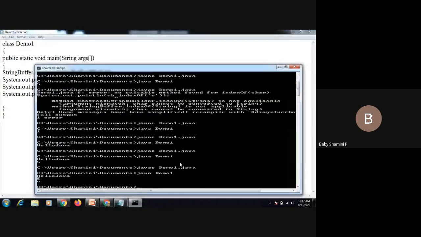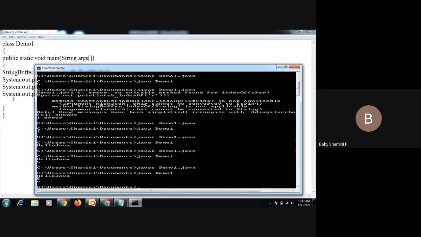So already we have 3 print statements, and it displays all the output. First one is the append method, so hello Java. Second we have the indexOf method, so it finds the index value for J. Index is 5. And next we find the char at index 4. So the char at index 4 is O. So that is the output.